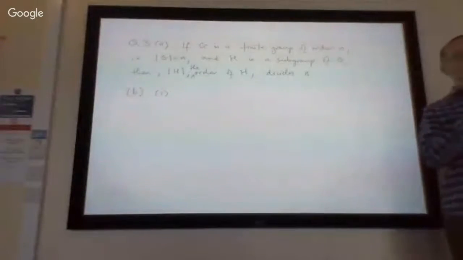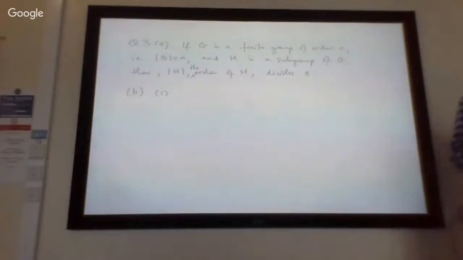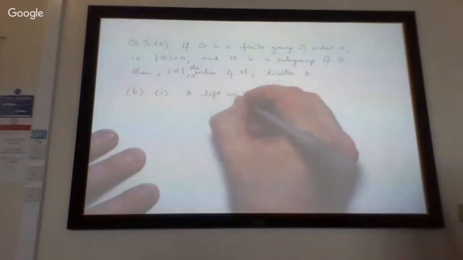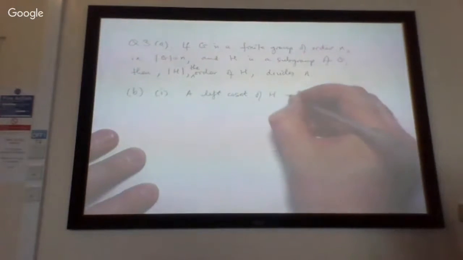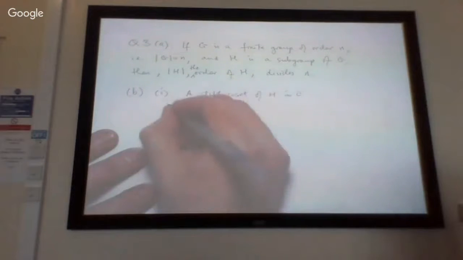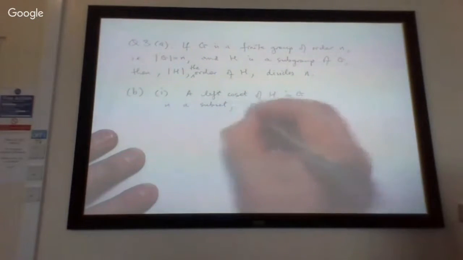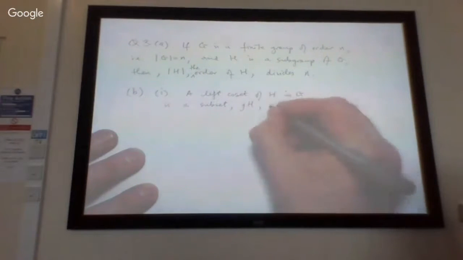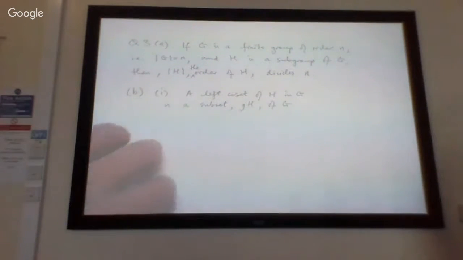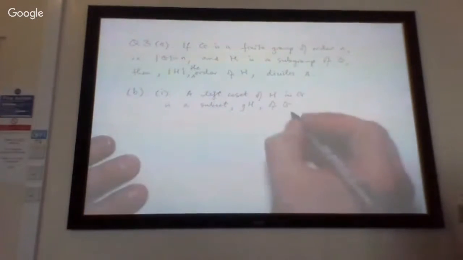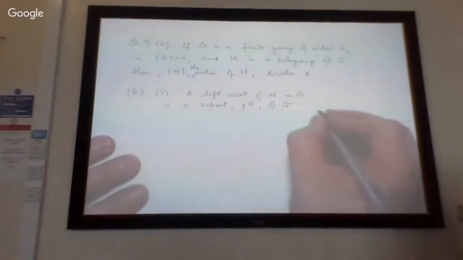So again, this is a definition. So you just want to state very clearly, don't leave anything ambiguous at all, what a left coset of H in G is. So a left coset of H in G. Well, first of all, what kind of thing is it? It's a subset gH of G. So that's true, it's a subset. And how is it defined? A left coset of H in G